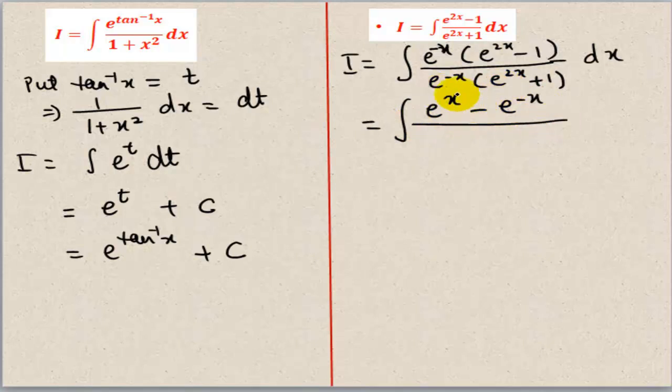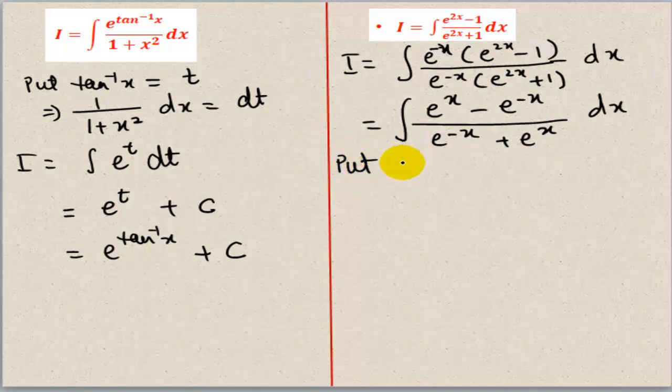Carrying the same operation in the denominator, we get e to the power minus x and then plus e to the power, sorry, this will be plus x. So let us write the next one as e to the power x. So we are going to get the sum of these two. Okay. So e to the power x minus 1 is e to the power minus x. Then e to the power minus x into e to the power 2x will give us e to the power x. Now see, you will quickly get an idea which part is to be